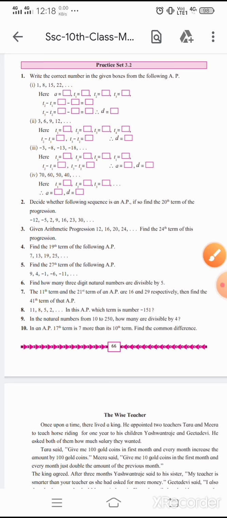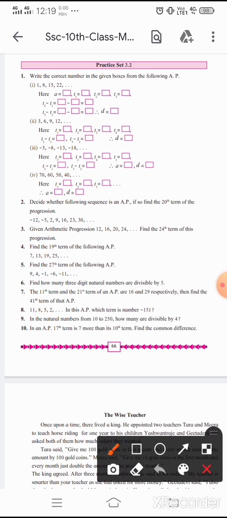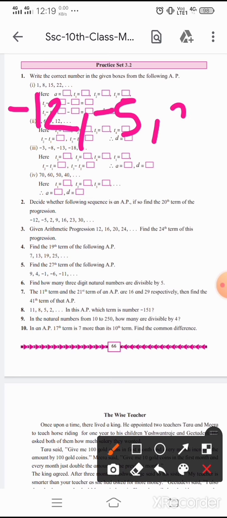ये फाइंड आउट हो गया. अभी हम लोग को 20th टर्म फाइंड आउट करना है. See, I told you before कैसे हम लोग फाइंड आउट करेंगे. The formula we have is T of n, क्योंकि 20th टर्म तक हम लोग को फाइंड आउट करना है. 20th टर्म मीन्स व्हाट? Suppose the question is minus 12, minus 5, and then 2, then 9, and then 16, 23,